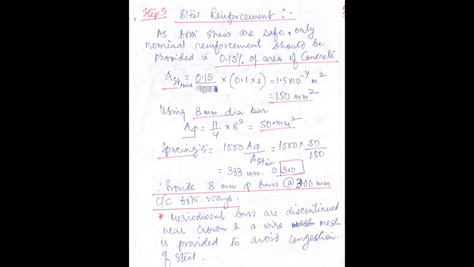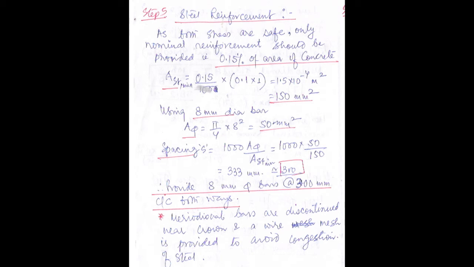So that gives us the value of the steel area as 1.5 into 10 raised to minus 4 meter square, because please take note that here we have put the value of t and 1, both in meters. So this is meter square we will get. Now meter square to millimeter square we have to convert, because when we will be providing the steel bar diameter, they are in millimeters. So we have to convert the value into millimeter square.